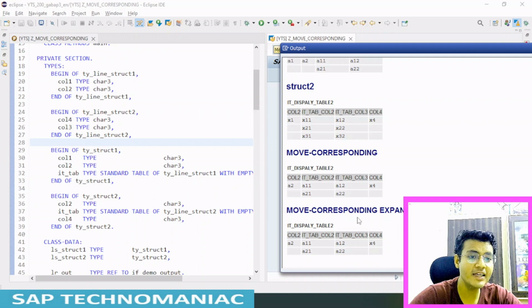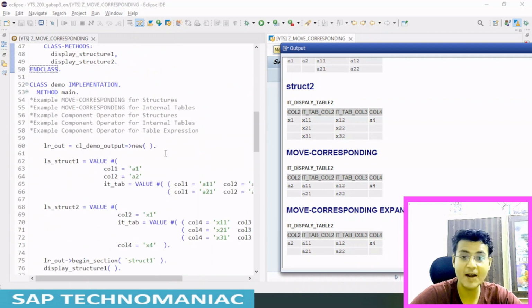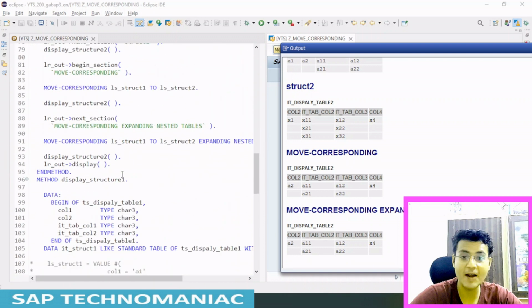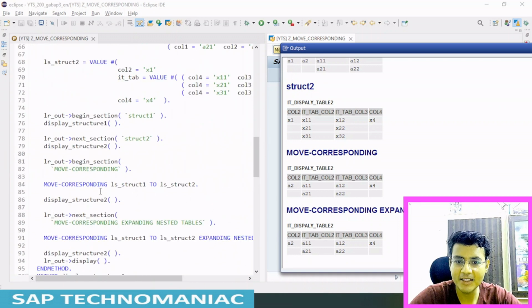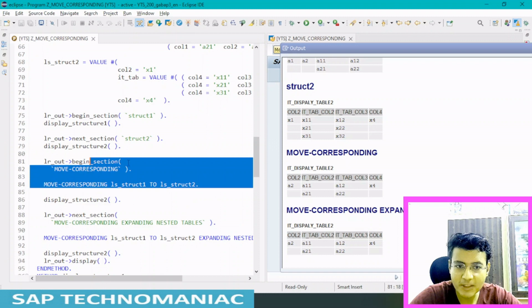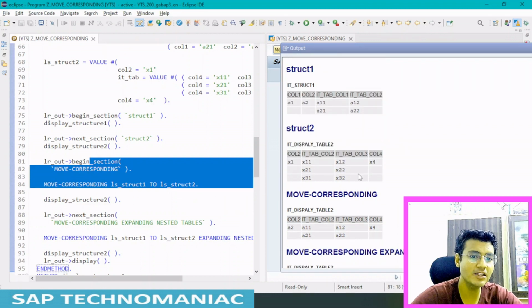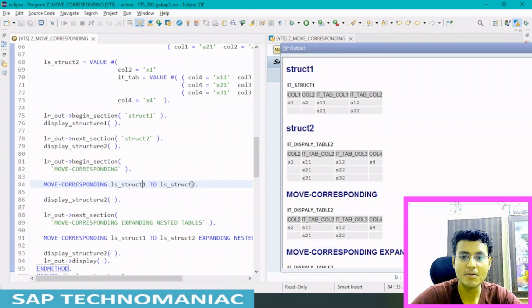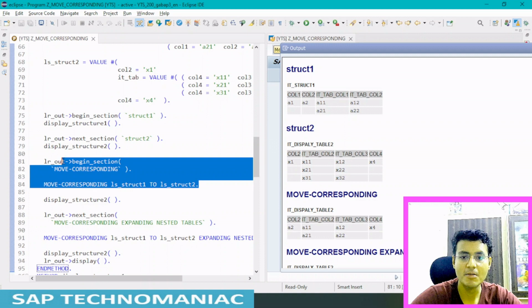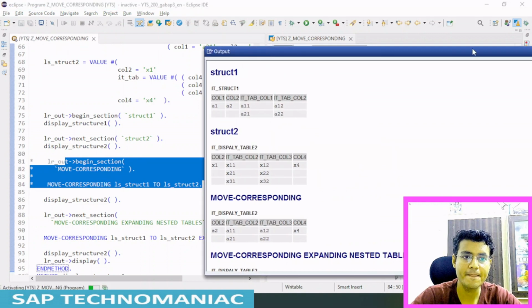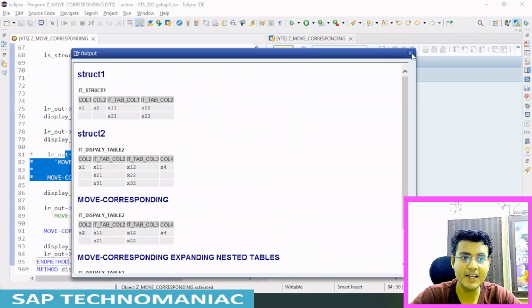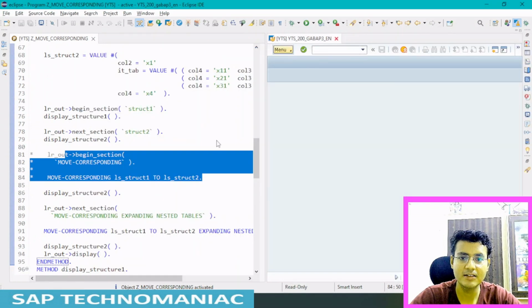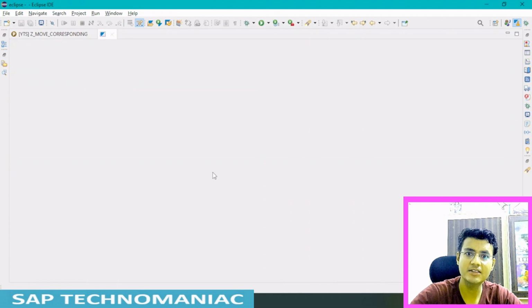But when we are using expanding nested structure, sorry for showing this, I have to comment it out because it is reusing this one. Let me comment it out, the MOVE-CORRESPONDING. First one, you can see how it got moved. Then we have to do Control F3, let me activate again, F8.